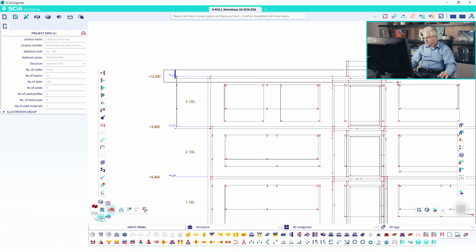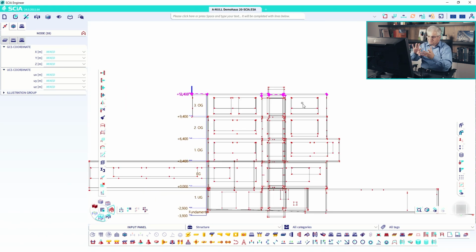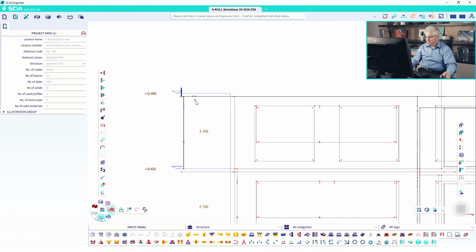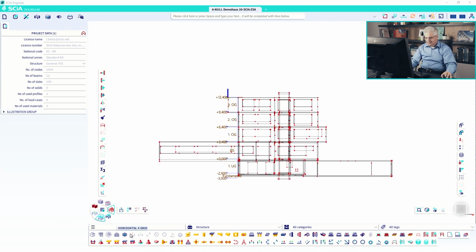I select them. So these are some short walls. In this way, now I have all nodes. They are near my slab, and the user coordinate system should be 0. So I move them to 0, or you can write 0, and then everything is done. The other way is you move them to the plate as before, but I think the better way is to